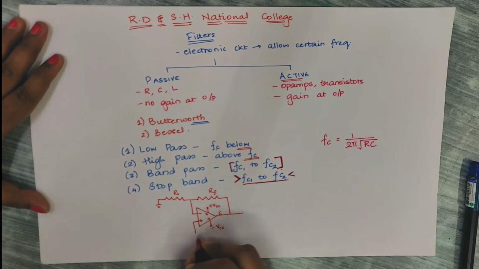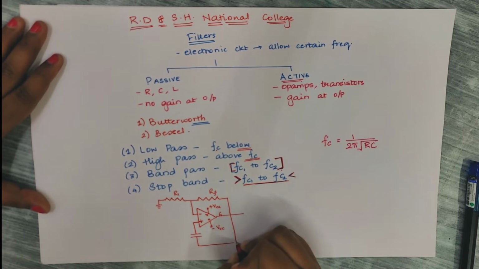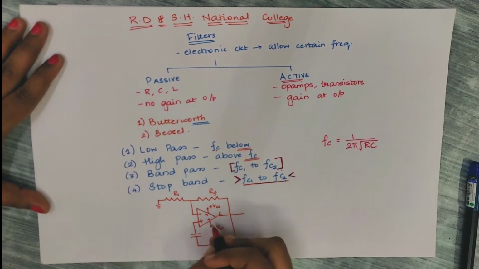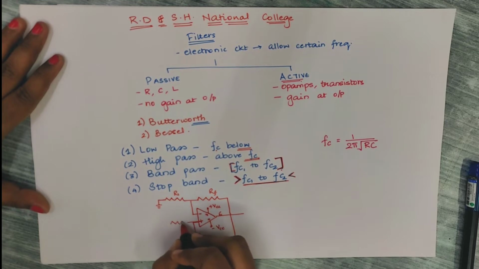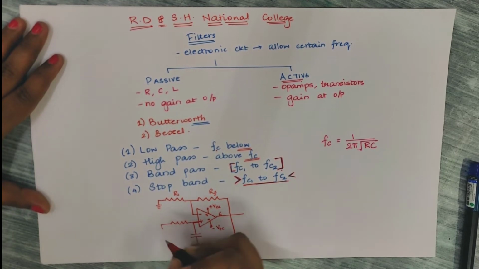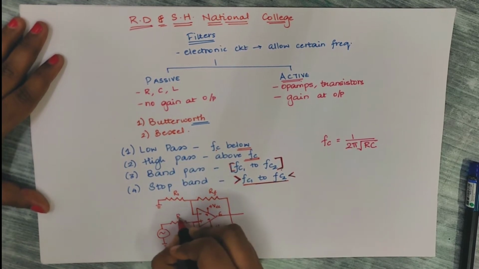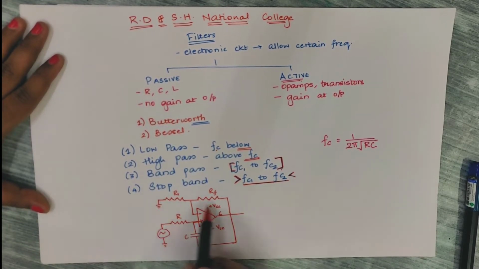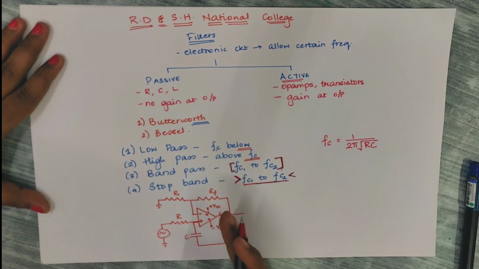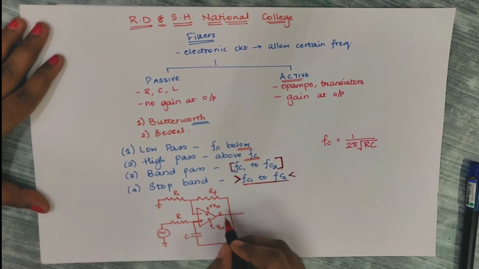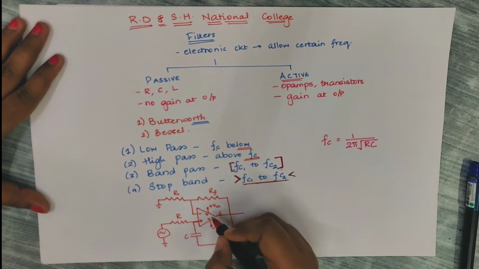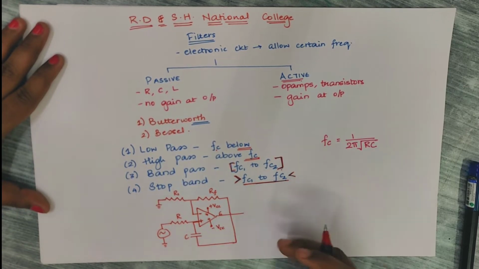Since it is low pass, you have a capacitor here which goes back to your output as a feedback, and you have a resistor here which is then connected to the external signal I was talking of. In this case we have an AC signal. So this is my R and this is my C. Now if you can see, this is the circuitry of an op-amp as a differentiator, and since it is a differentiator, it will allow lower frequencies to pass because it will reduce your voltage.